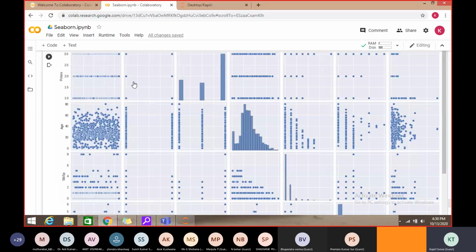So in the morning we discussed that we can visualize this cafe CSV file we had, I think, right?